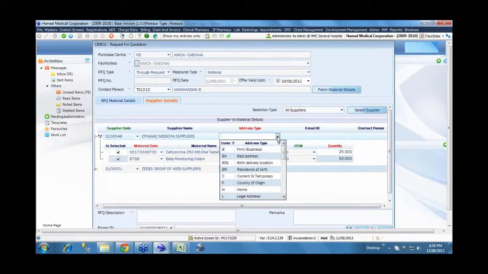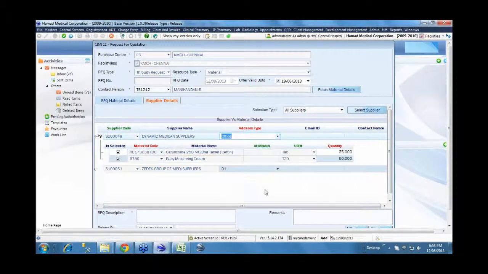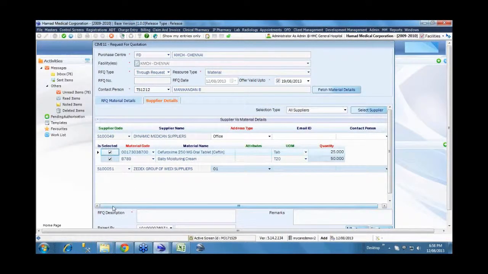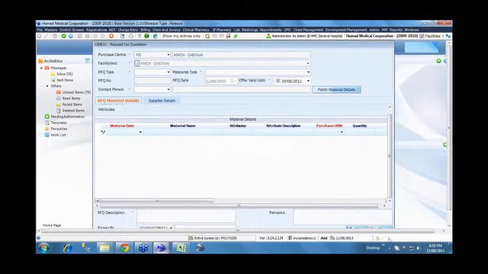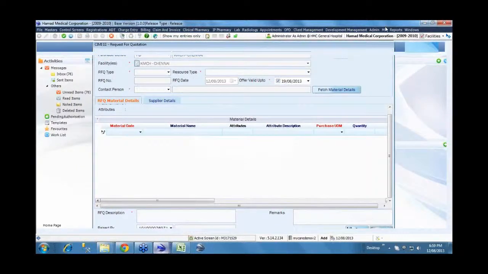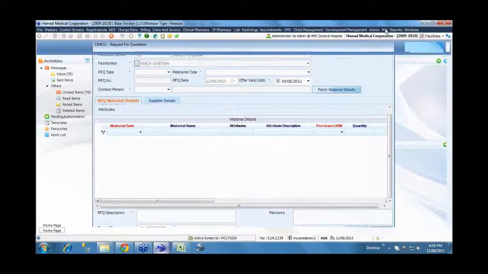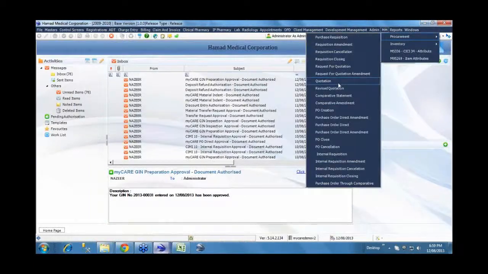And for each supplier, we specify whether both suppliers will be providing the quotation for both the items, or whether there is any change in preference. All of this we will specify and save the quotation entry. To save time, we'll just quickly move on. If we make the entry and save, it will take time, so we can use the previous entry and then demonstrate. We have defined that authorization is required for each and every document. That's why it's going for authorization. But again, that is definable and controllable in the system.